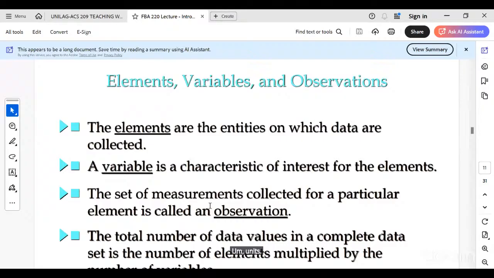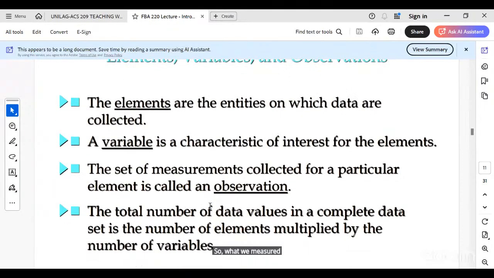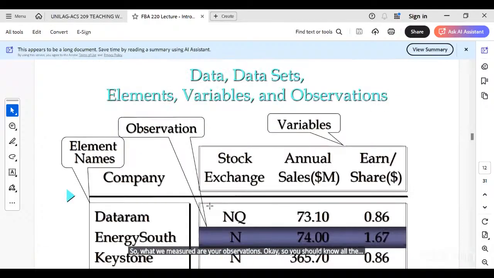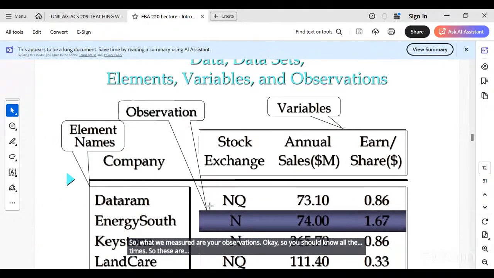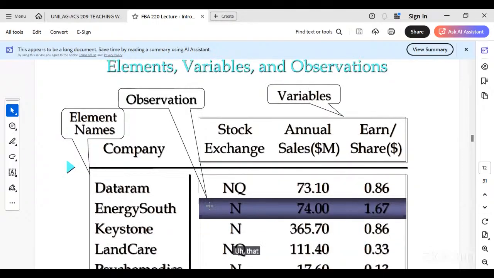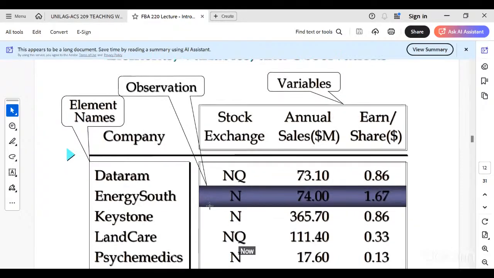So what you measured, they are your observations. Okay, so you should know all the terms. So this is a typical data structure that explains the difference between elements, observations, and variable. Now look at the companies there. Okay,